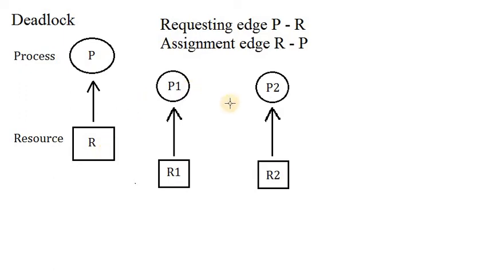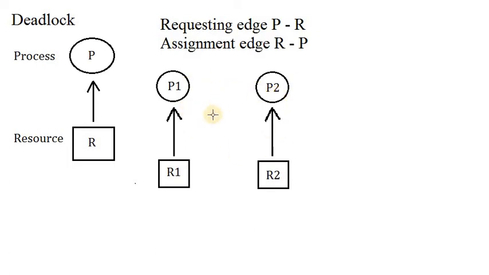Now we will see what is a deadlock. Suppose there is a process P1 and a resource R1. For executing process P1 we need R1. First we place a request to R1, and later whenever R1 is free, it will be allocated to P1. In this diagram R1 is already allocated to P1. Similarly, P2 has put a request to R2 and R2 has been allocated to P2. That means P2 is going to use the resource R2.